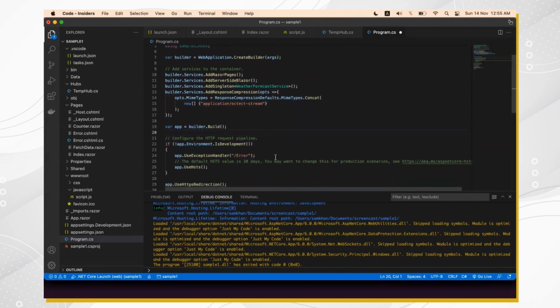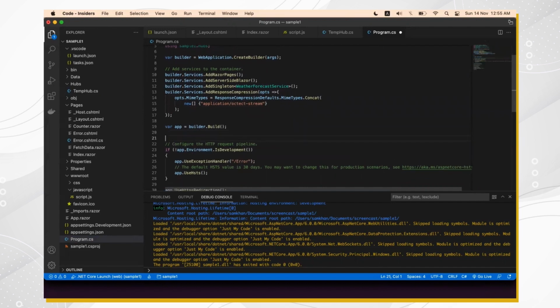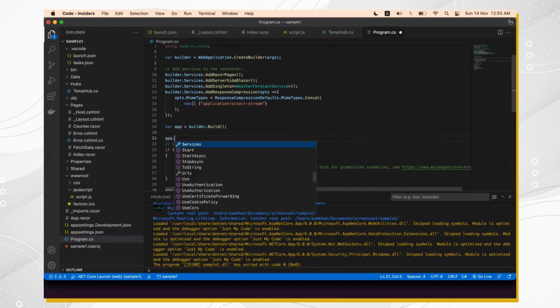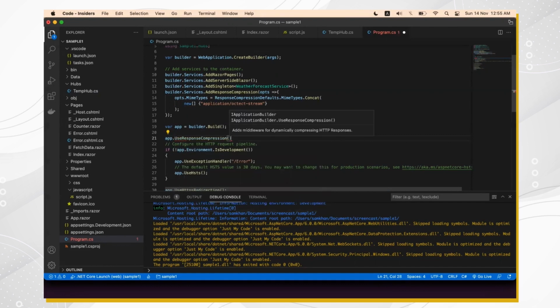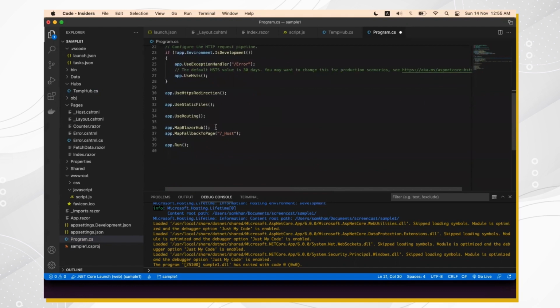in here, just above this, say dot response compression. Okay, we are telling our project to use the response compression middleware. This response compression middleware comes in real handy because it reduces the bandwidth utilization. That said, let's go and create the endpoint